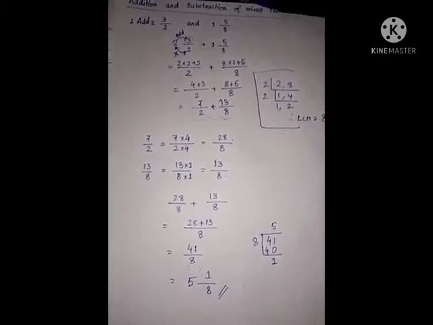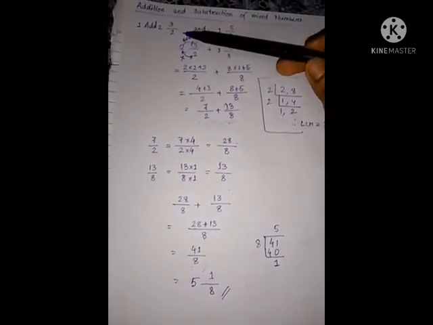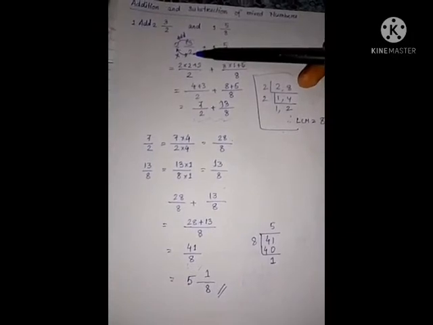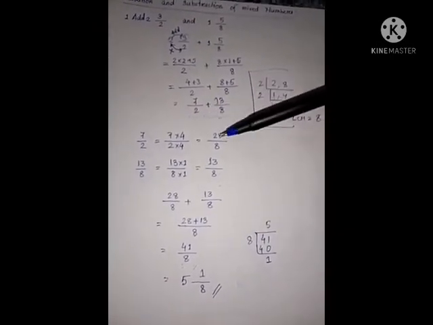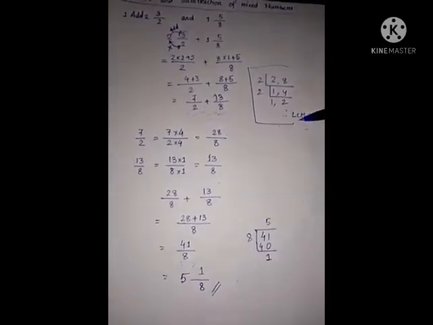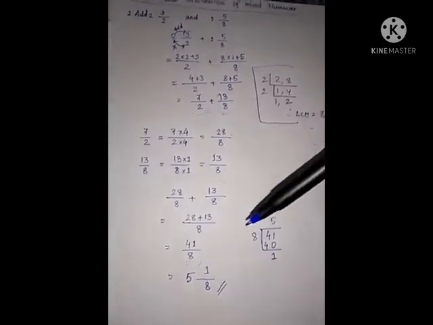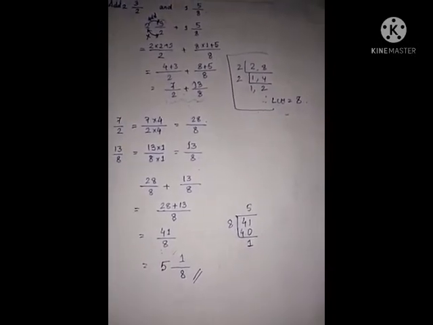So that is how we can add mixed numbers. Okay, first we have to make the mixed numbers into improper fractions. After that we have to find the LCM, then equivalent fractions, and after that add that. Okay, so remember the steps. If you skip one of these, then you cannot do the sum. So practice this at home as much as possible.